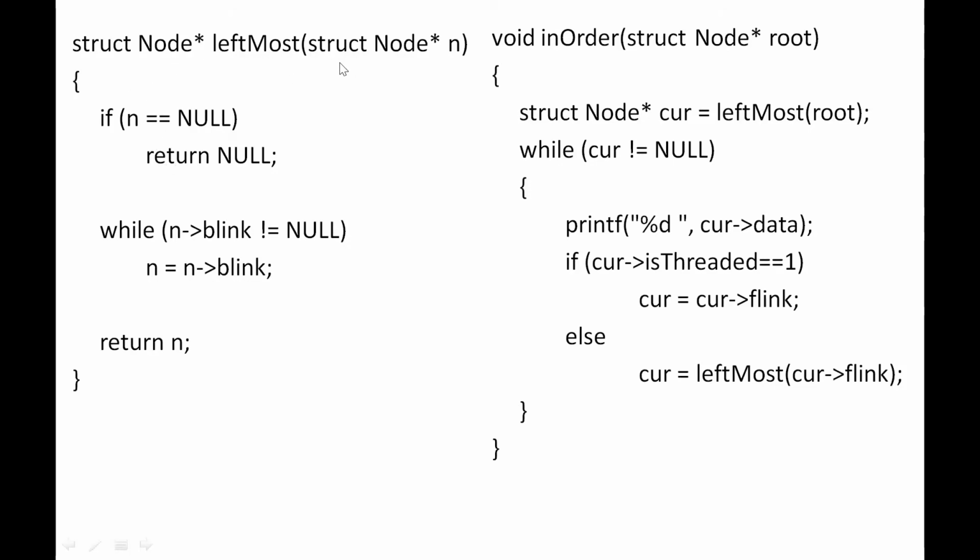So this function is called, and you can now look into the in-order function. The first statement itself is a call to the leftmost function by passing root as argument. Then it will check whether it is equal to null. It is unlikely to be null in the first instance. So it will come to the while loop: while n b link not equal to null. This will get executed until you reach a node whose b link is null. In other words, it's more likely to be a leaf node. So it will take you to the leaf node, and after that you come to the in-order traversal.